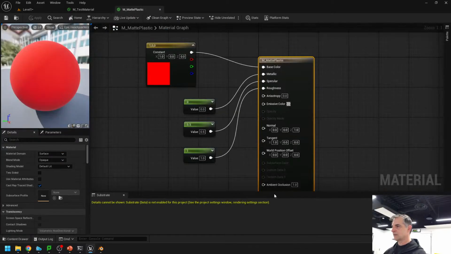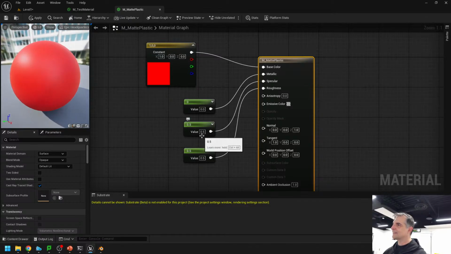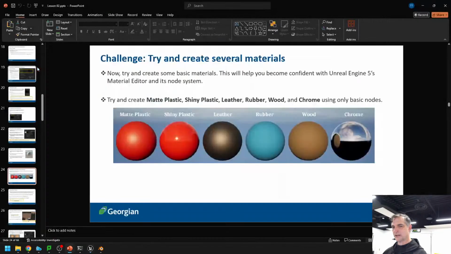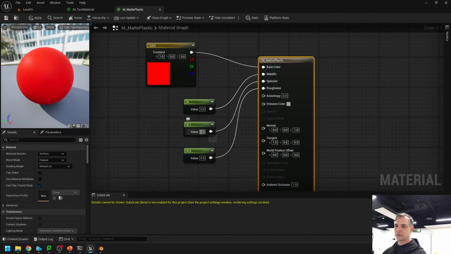Yes? I have the roughness at 0.5. Nice. So let's do that. This is 0.5. I like it. And then? I have the... It's almost right there, right? Look at it. It's almost there. Yeah? I have the specular at 0.1. Okay, so once you've done that, now you're adding more glossiness to it, right? So there's more of a glossy feel to it, but it's not bad. I think it needs to be a little bit more shiny. Like if you look at the thing that we have here, just a tiny bit more. So probably the specular value, if you left it at